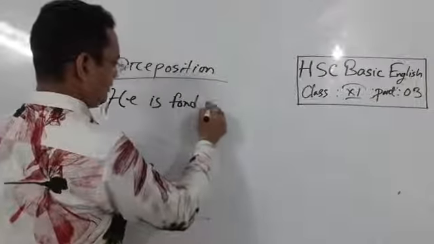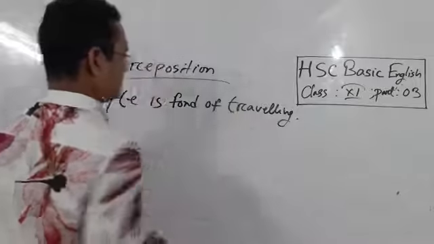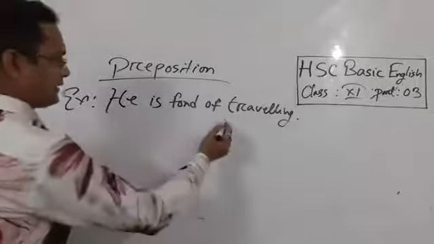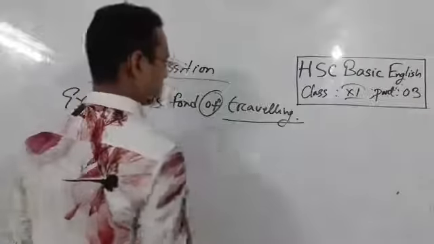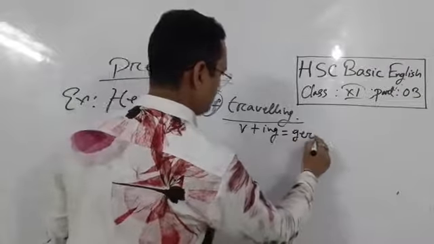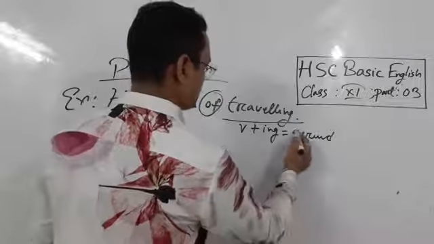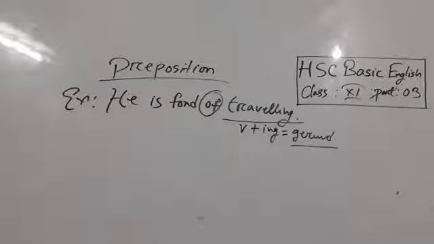He is fond of traveling. That means he likes to travel. Here the preposition is of, and traveling is verb plus ing, that means a gerund, and this gerund works as a noun. So, he is fond of traveling. Here of is the preposition. There are a lot of prepositions, but the most